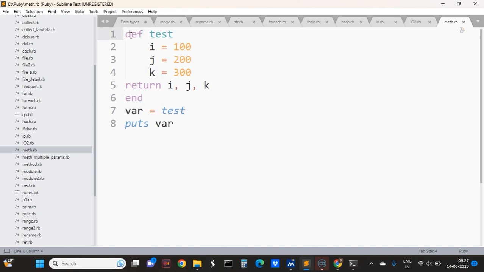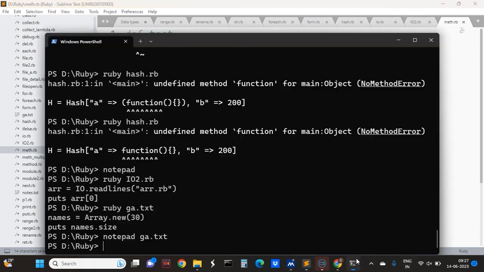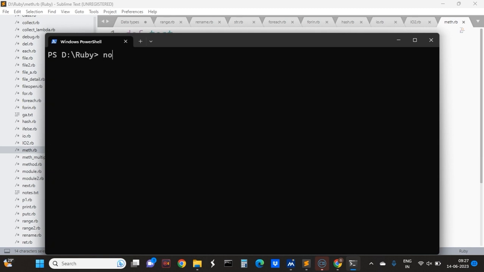So now functions in Ruby are defined with the def keyword. So def, space, function name, and after that you just create variables using indentation. And the return statement doesn't require indentation. This is written i, j, k. So now I will just run this code. I will clear the screen. So now Ruby,